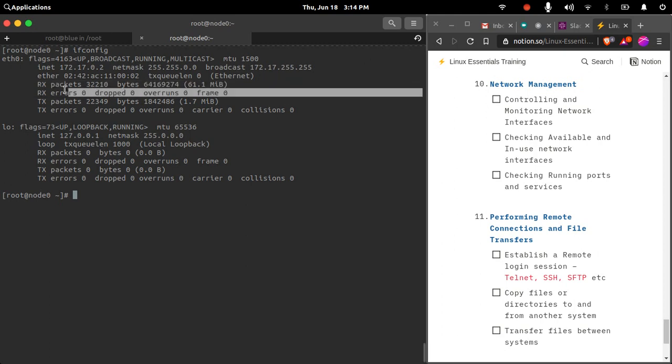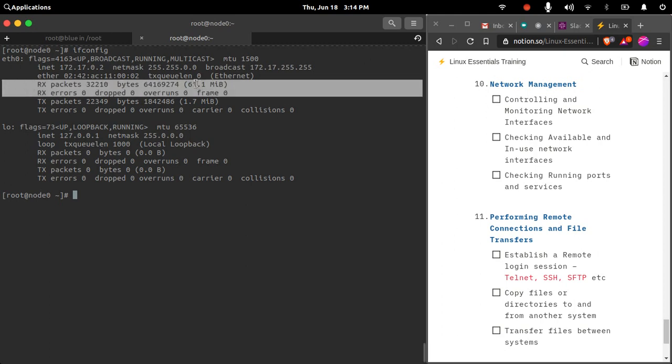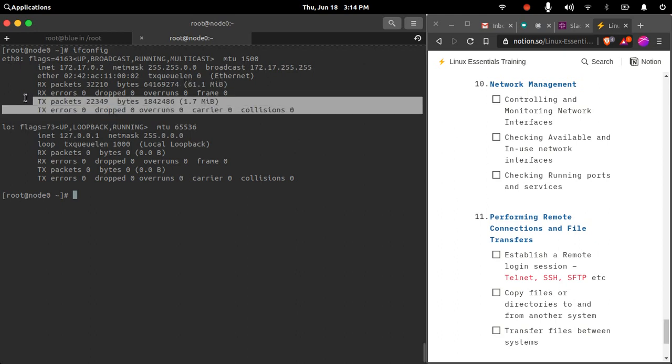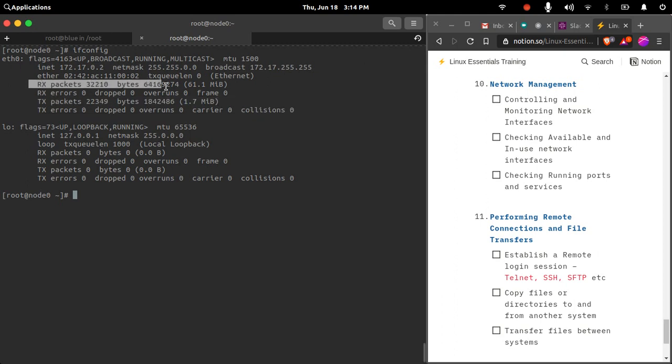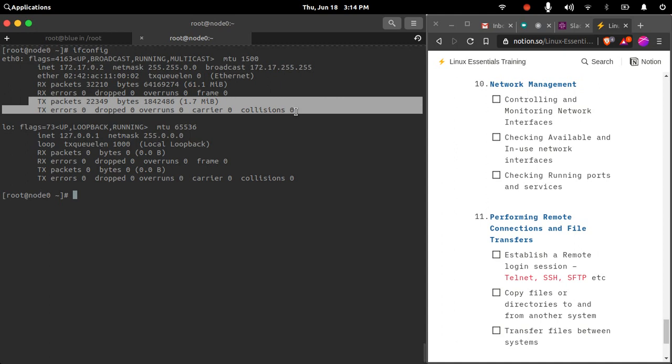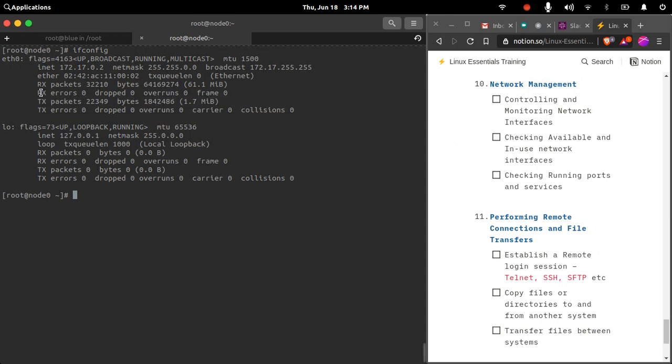This is the received traffic on this network interface card, currently 61 MB, and this is the transferred traffic. Like this is the download, Rx, and this is the upload. So how much has been transferred from this network interface card and how much has been read into this network interface card.